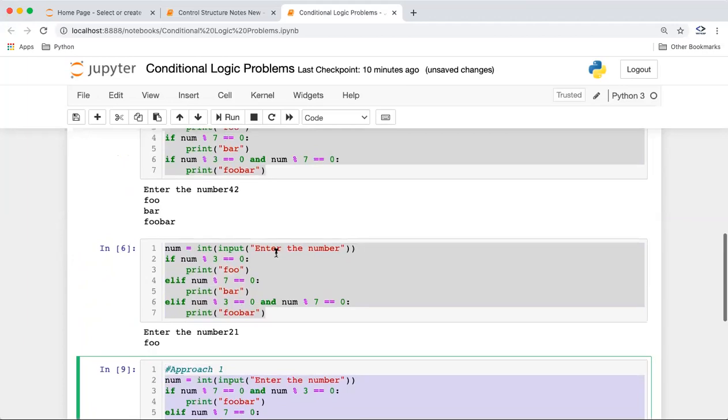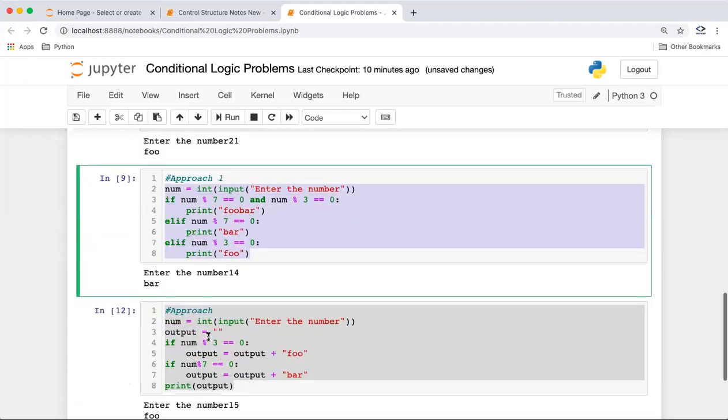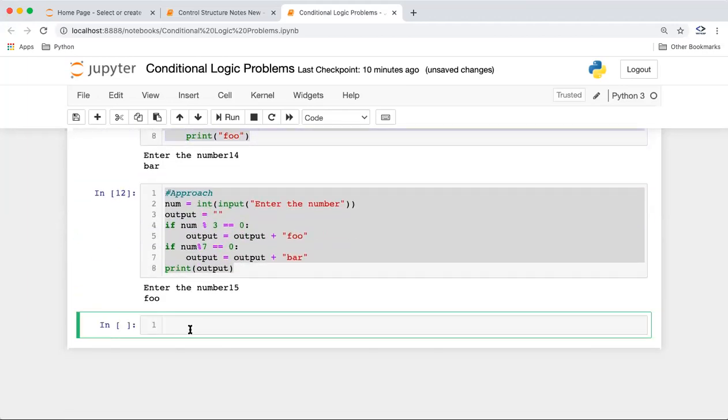Okay, let's see one more problem for today. Okay, so problem 3. Write a program which checks if the given string has all the characters in uppercase or lowercase, right?